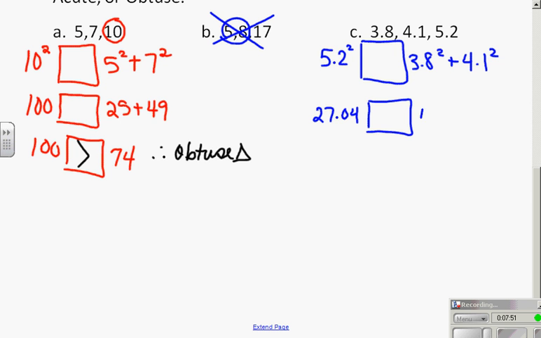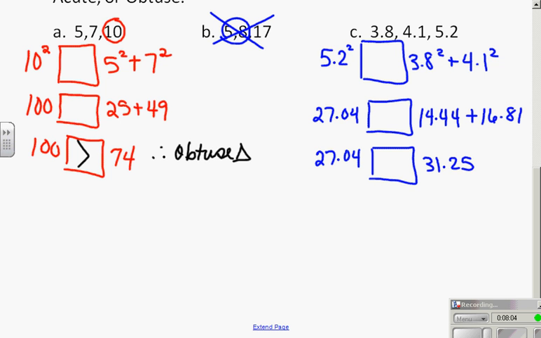With a little bit of calculator work, we end up with 27.04. How does that compare to 14.44 plus 16.81? How does 27.04 compare to 31.25? Well, obviously it's less. Therefore, this is